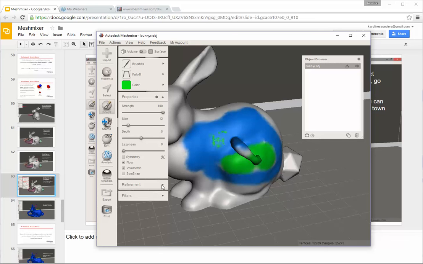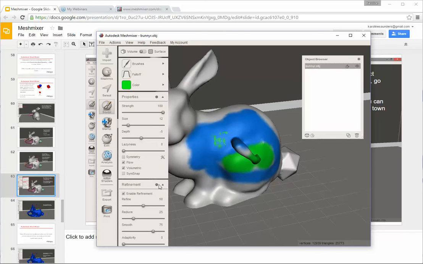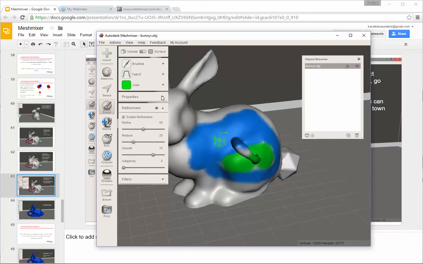And there is all sorts of different options here. If you want to make it really precise, underneath the refinement tab, you can make your paintbrush smoother. And I haven't really played with the filters, so